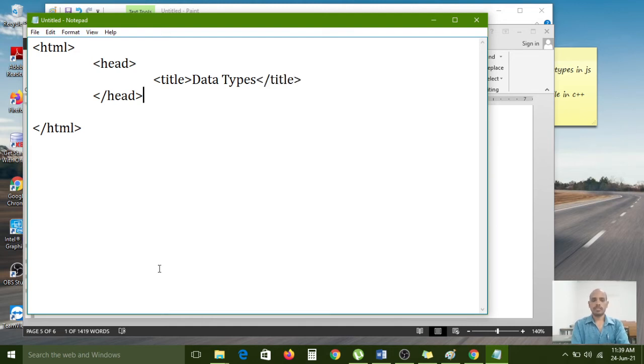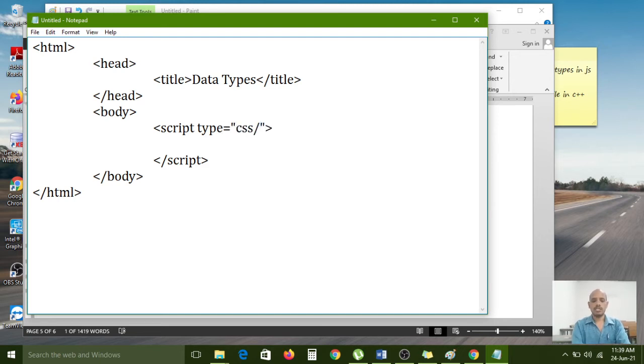Title. Now I want to declare the body section. So inside body I want to create a script, script open and script close. Type, CSS or JavaScript, right?